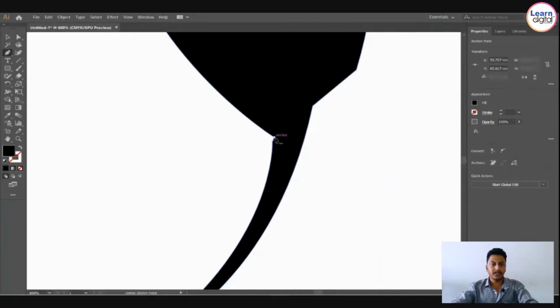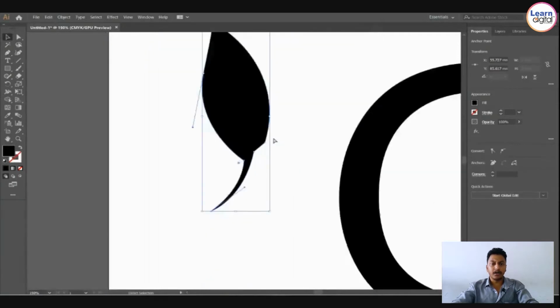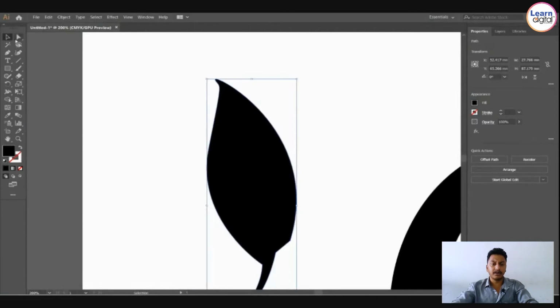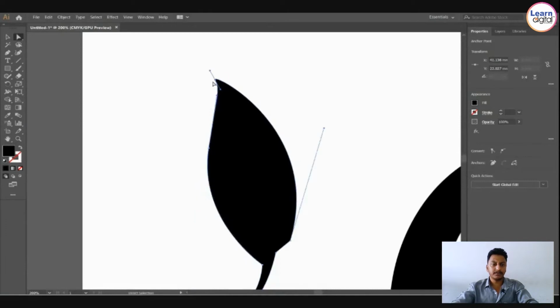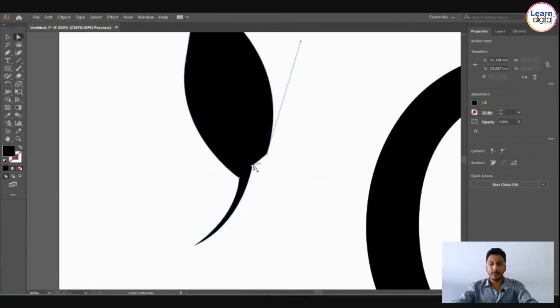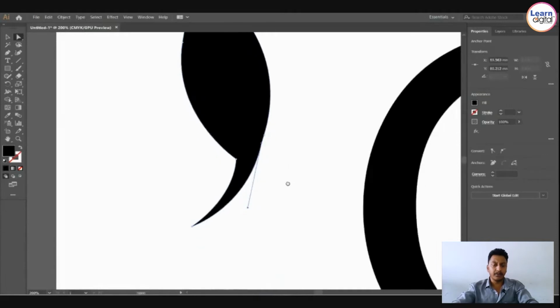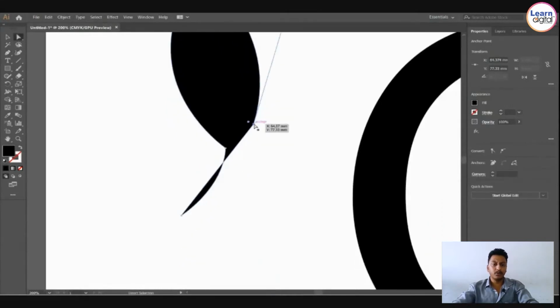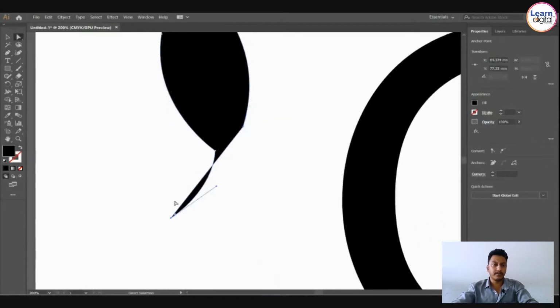Small changes and small alterations will give you a beautiful output. And moreover, as it is a leaf, make sure that there are no sharp edges. It should have more curvature and it should be more beautiful. If the points are not really necessary, you can remove them. But currently, I removed one point, but that point is necessary for us to get that bottom shape. So that's why I did undo, and now you can see the shape.